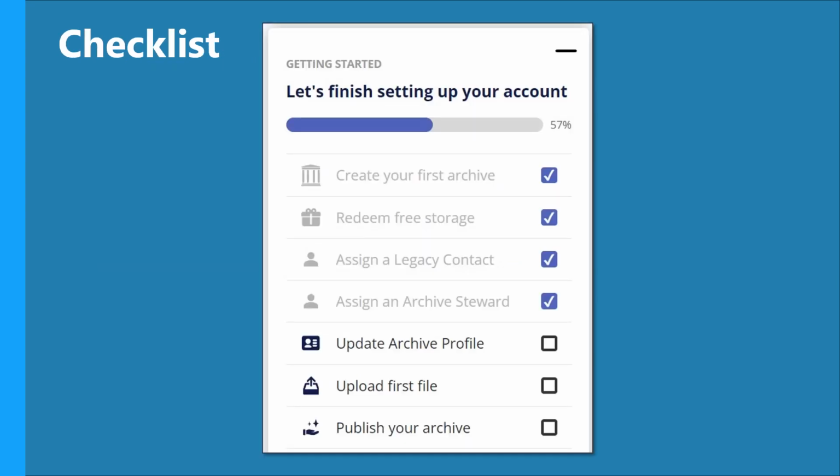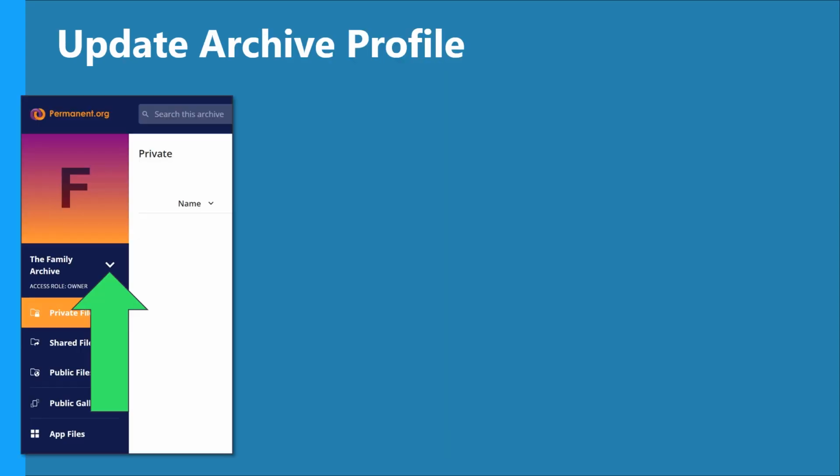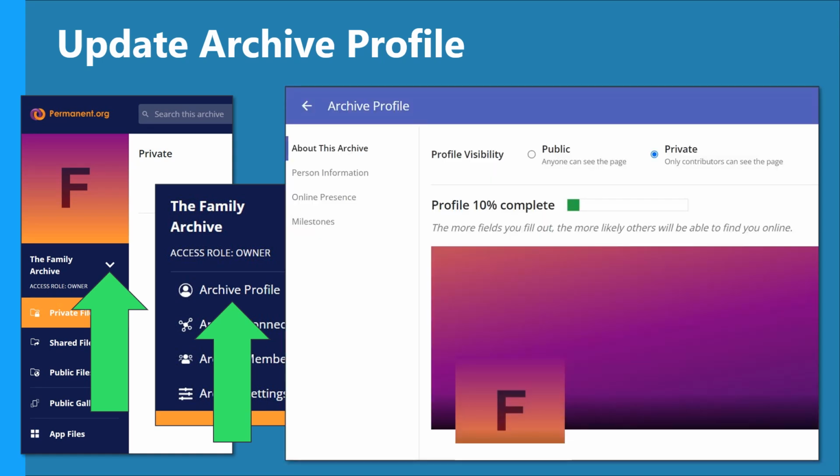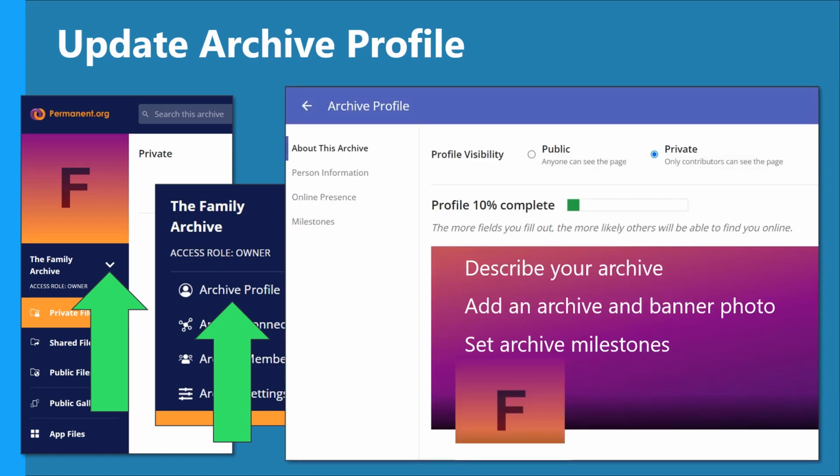Your checklist will now look like this, and as you can see, the next job is to update the archive profile. This profile provides information about your archive. To complete the profile, choose the drop-down arrow in the left-hand panel and then choose Archive Profile, which reveals this page. Here you can describe the contents of your archive, add an archive photo and a banner photo, and set